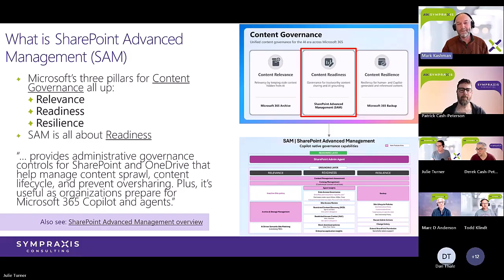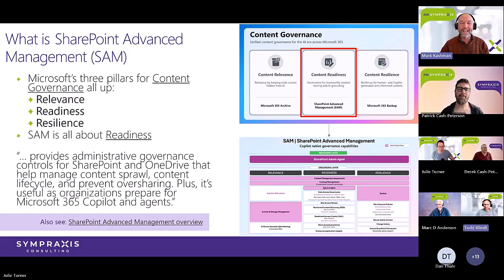And I think before getting into some of the messaging here, the broader scope of content is the important thing to remember. You're managing sites, you're managing content, you're managing access, you're really governing what it is that people are doing, at least getting great visibility into what's happening. But where they put it in the messaging from a content governance broader landscape is in that middle area, the readiness, getting you ready so that you can be reactive in fixing things or be proactive in making sure that things aren't getting out of control. But the 3 R's that they revolve around, and this would be where you put your pirate hat on and say, our relevance, our readiness, and our resilience.